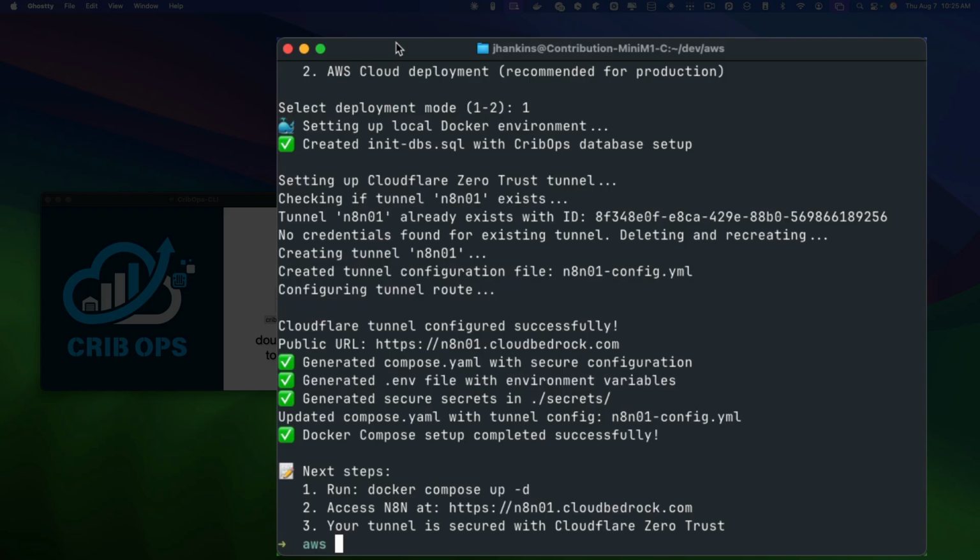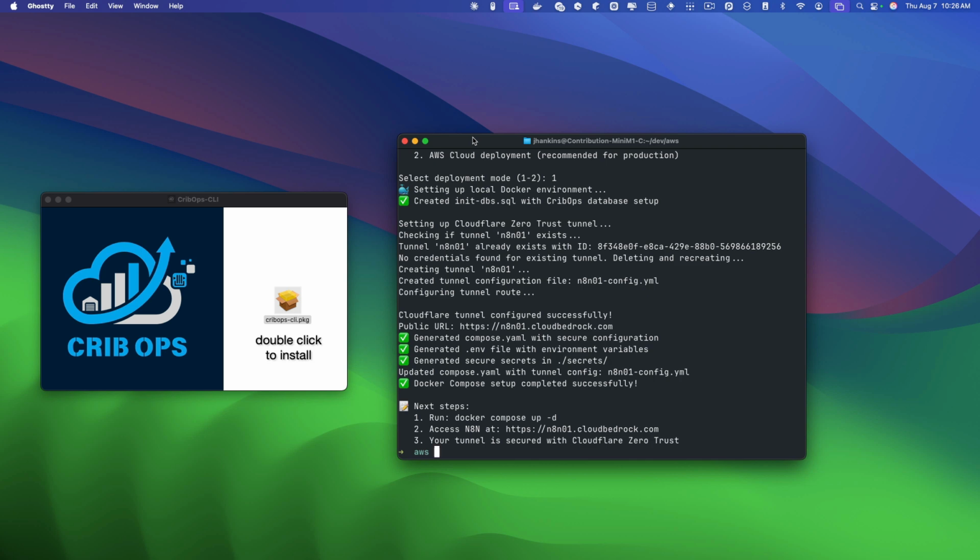It creates a Docker Compose file. It creates a Cloudflare tunnel, which then with just one command of Docker Compose up, it will launch Docker. It will launch Postgres along with a modification of Postgres called PG Vector that lets you do RAG workflows locally on your machine. But that's not what we're here to talk about today. We're here to talk today about the new